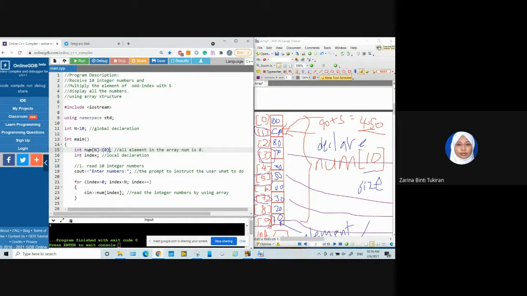If you have something like this during the declaration, you have the array name followed by its size, and then the assignment operator here, and then the curly bracket. Inside the curly bracket is only a single value, which is 0. It means that all the elements here will be assigned with 0. Meaning that inside here is all 0. Okay, at this particular line, right? Okay, so